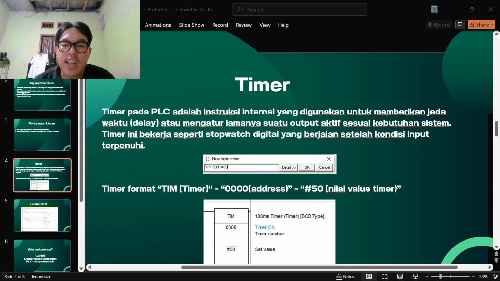In ladder logic, timers are written in a format such as this.